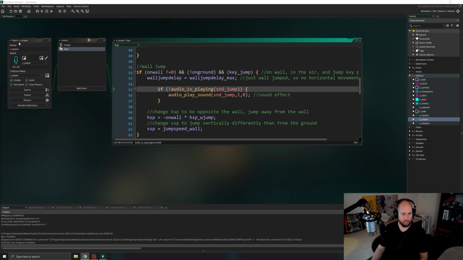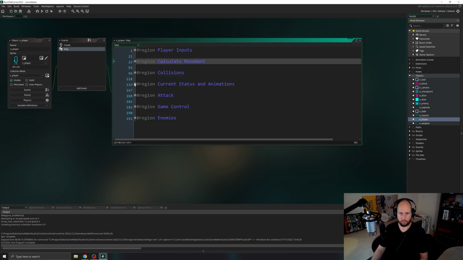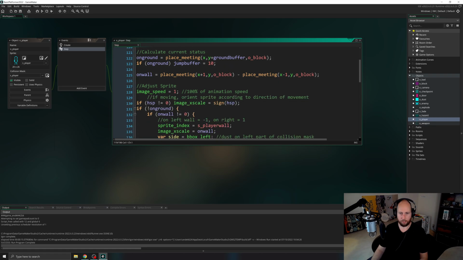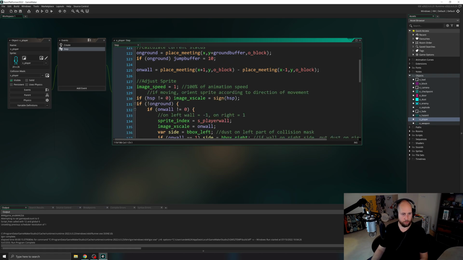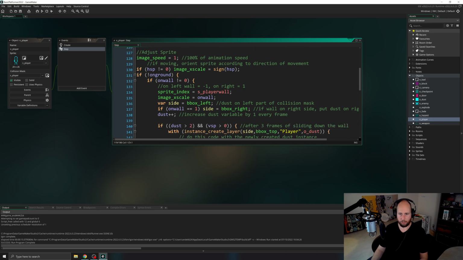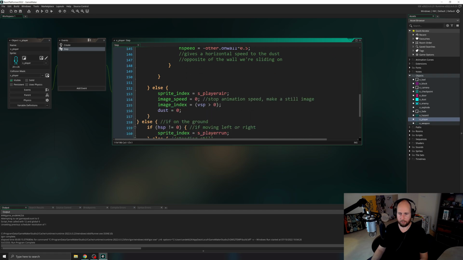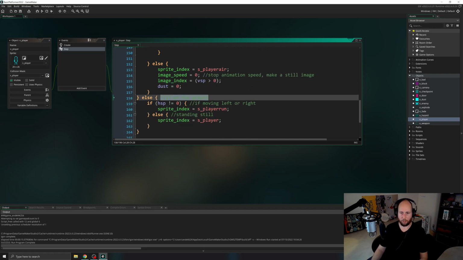Now for the stepping sound, in the adjust sprite section. Let's go to current status and animations, under adjust sprite, under the if on ground comment, if I can find it. If on ground, there we go. This is why we comment our code. If on ground,